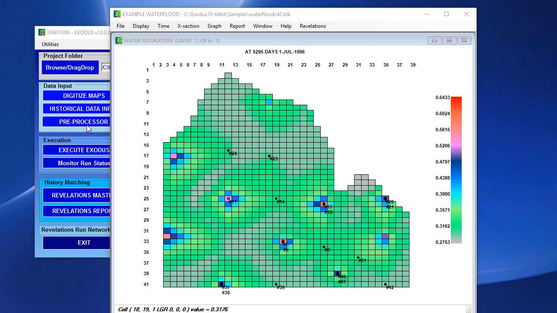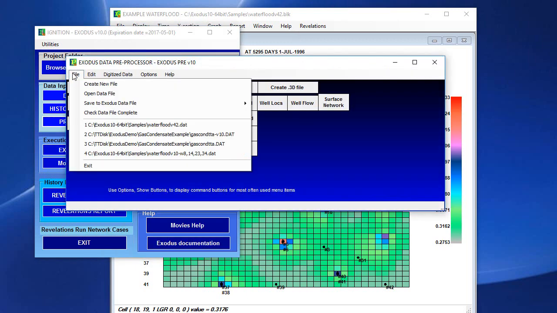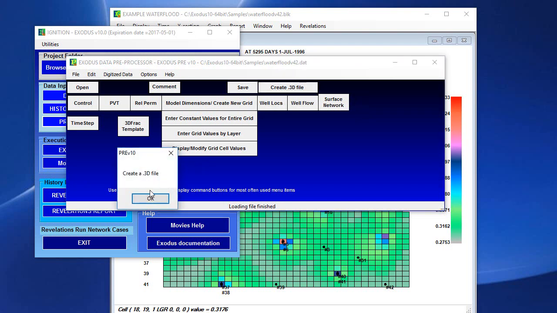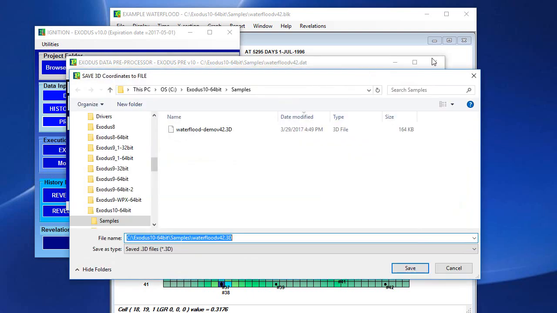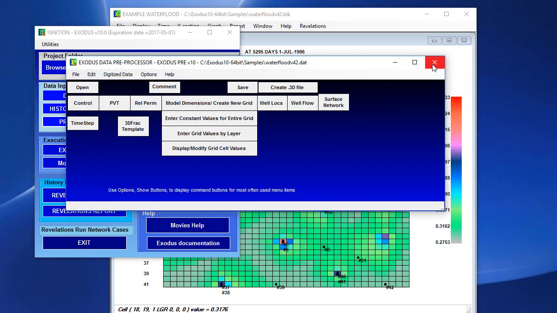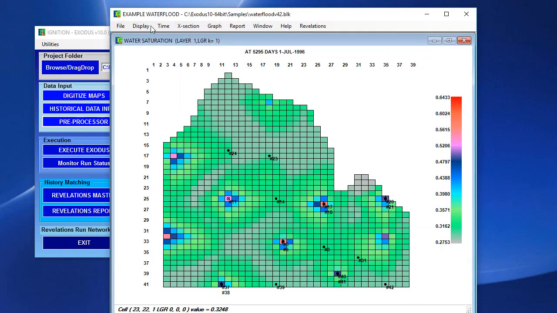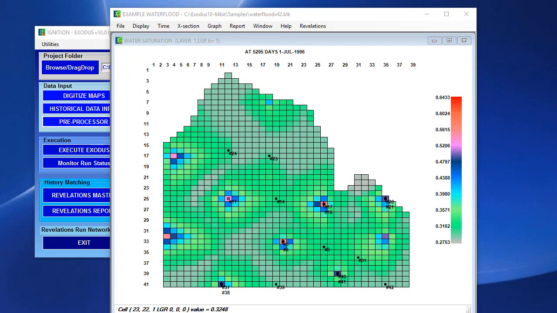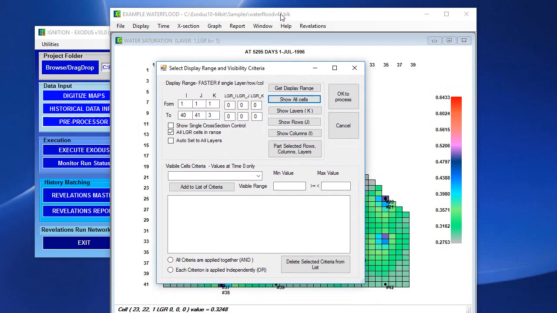So you would go to Preprocessor and open up that same data set in the samples folder. You want to use this option, create .3D file, to create a file name with the same root name .3D. If we did that, we create a 3D file, and this is the name, we save it, and then we can close that form. So now if we go and display 3D, you read that .3D file with exactly the